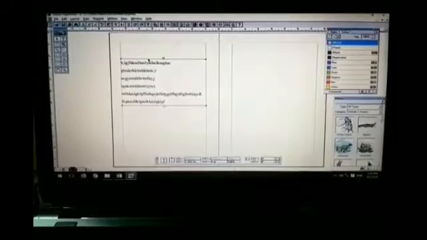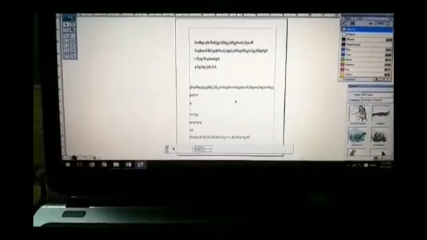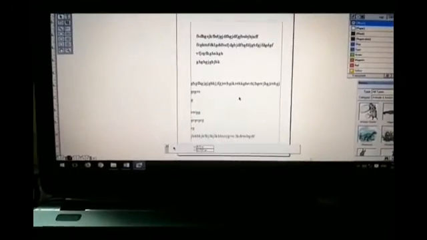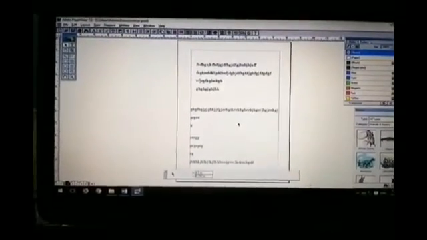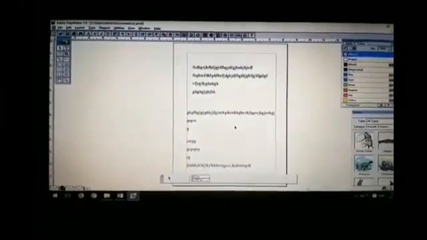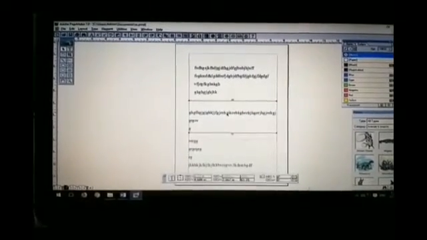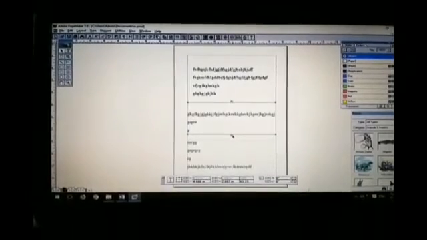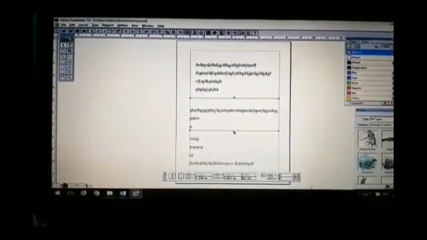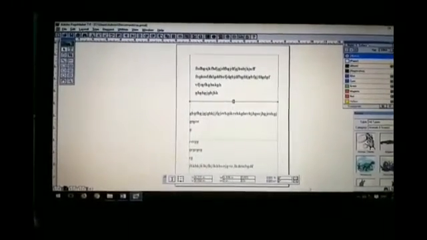Then how do we rejoin the text blocks? We move to the first page. Here we had 3 text blocks. Now I want to join these 3 text blocks into a single text block. How to join it? We place the cursor at the bottom handle of the second text block. You can see this is the second text block. Now we place the cursor, drag it and leave it at the top.